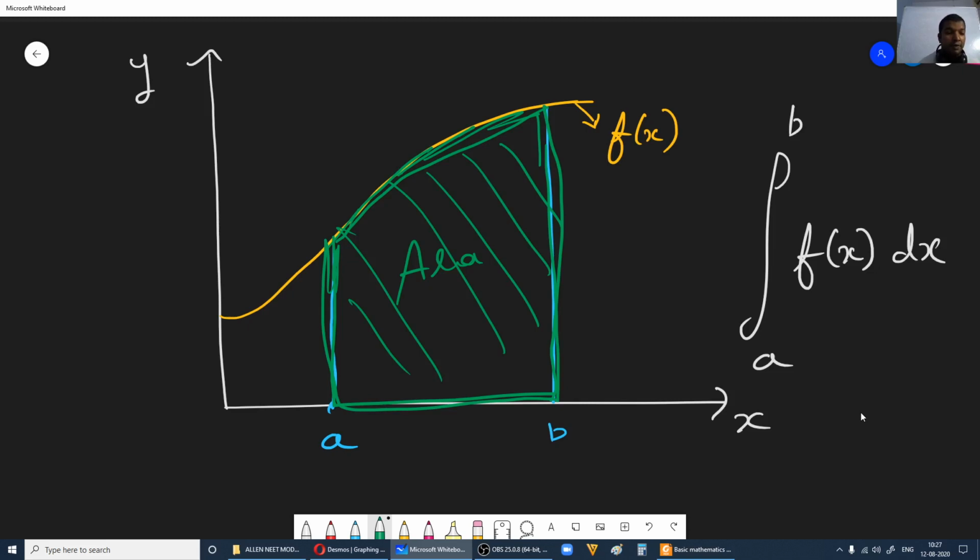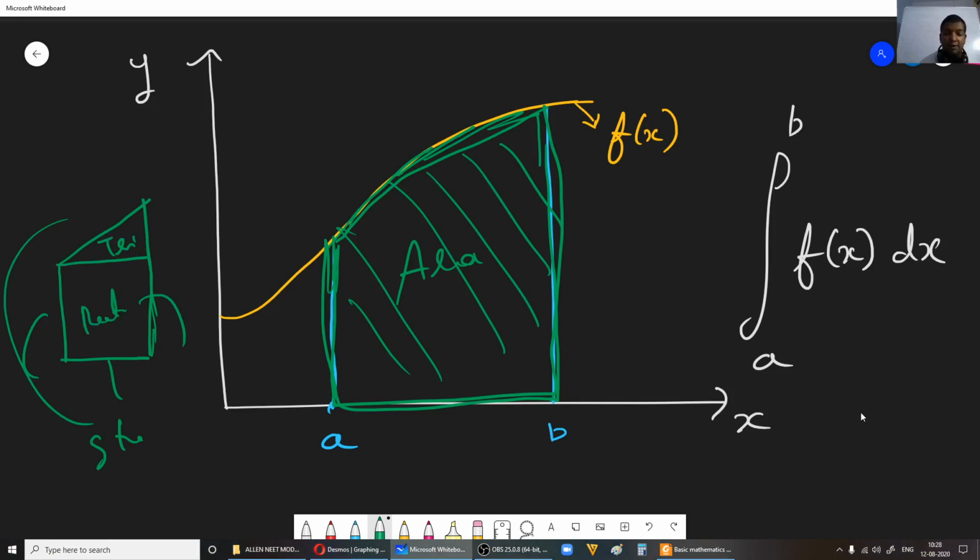Now if you had an area like this, with all four sides bounded by straight lines, what is the shape you are getting? The shape you are getting is a trapezoid, a trapezium. So you could even divide it into a triangle and a rectangle, and you could have obtained the area.